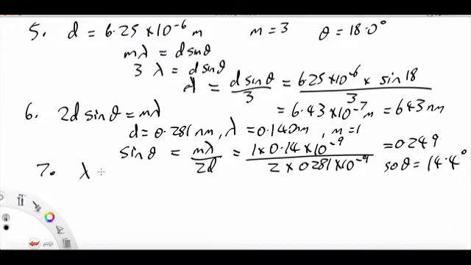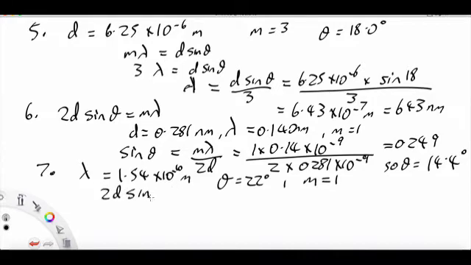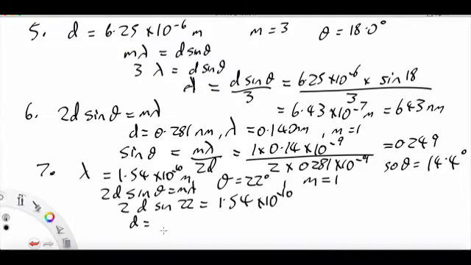And finally, number 7, we have lambda equals 1.54 angstroms, which is 1.54 by 10 to the minus 10 meters. We have theta is 22 degrees for the first order, which is m equals 1. So we have 2d sine theta equals m lambda. So 2d sine of 22 equals 1 times 1.54 by 10 to the minus 10. So that gives d equals 1.54 by 10 to the minus 10 over 2 times sine of 22, which turns out to be